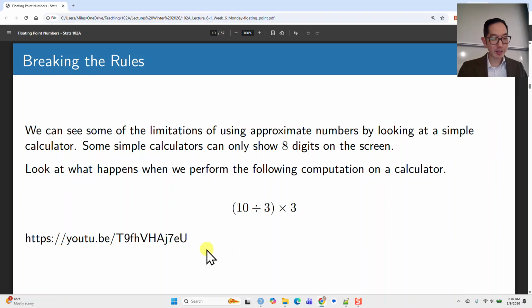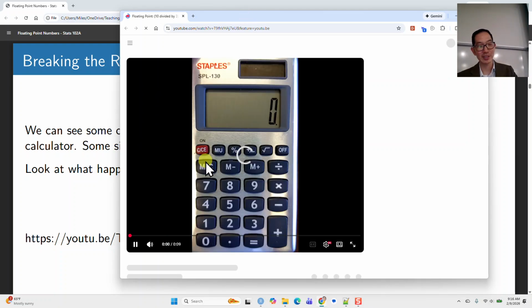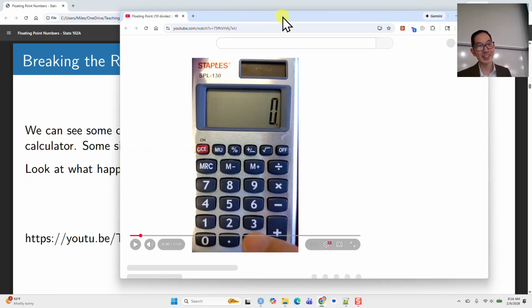I don't know if you guys ever played around with an old calculator when you were young, and if you did something like 10 divided by 3 and you multiplied that by 3, what do you get, right? So with real numbers, 10 divided by 3 times 3, that's equal to 10, okay? Here I recorded a video of myself using a calculator, and